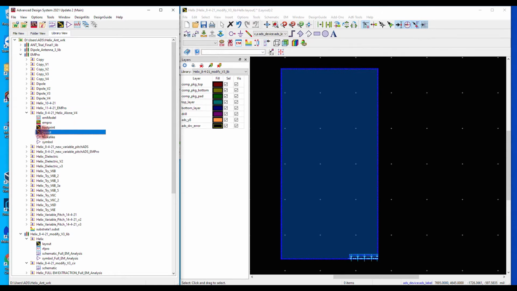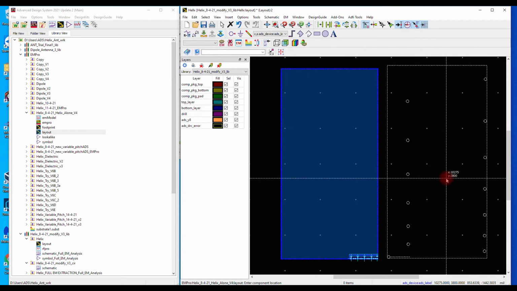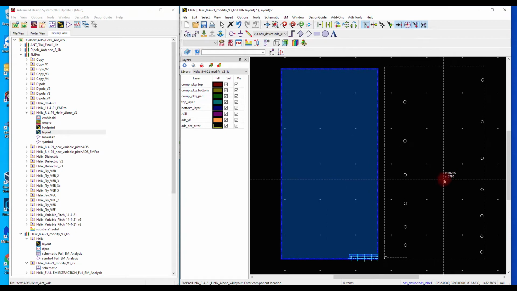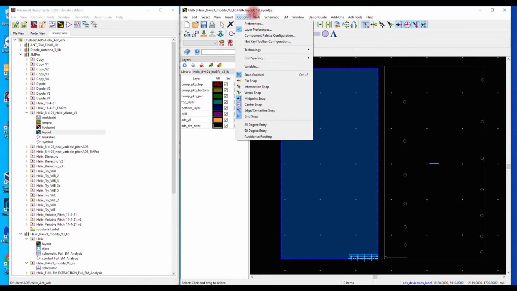Drag the component's layout into the PCB layout. Change the component's layer to the top layer and place the helix antenna onto the PCB board at the correct location. After that, launch the RFPro.